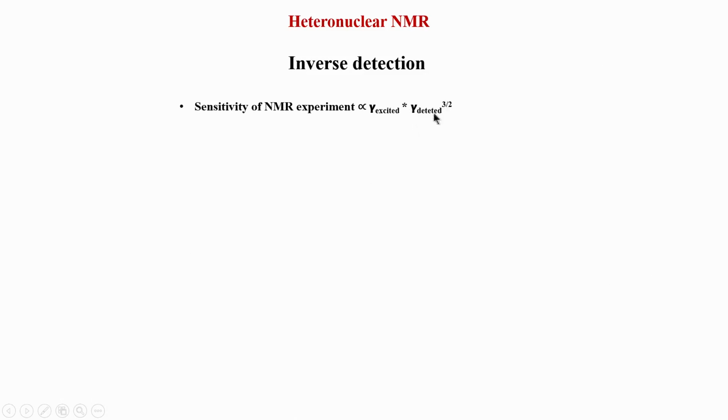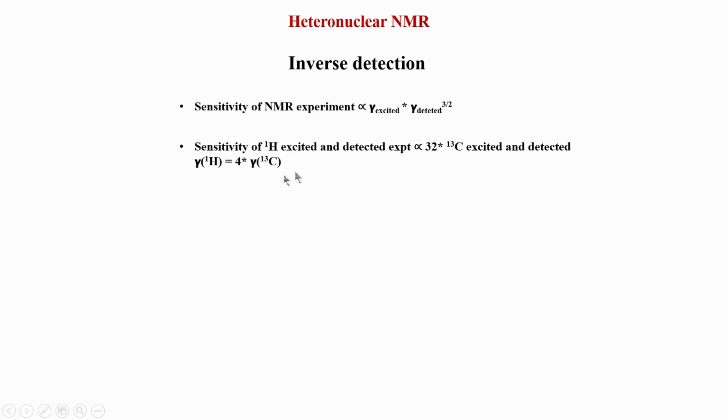So instead of detecting carbon, if I can detect proton, that would be the ideal situation. But if I excite proton and detect proton, then how do I get the carbon information? This formula is only telling us that what matters is what you excite in the beginning and what you detect in the end. But if I do both with protons, I still need to do a 2D experiment to get the connection or correlation to carbon. So what we use is to transfer first from proton to carbon, and then come back to proton for detection.